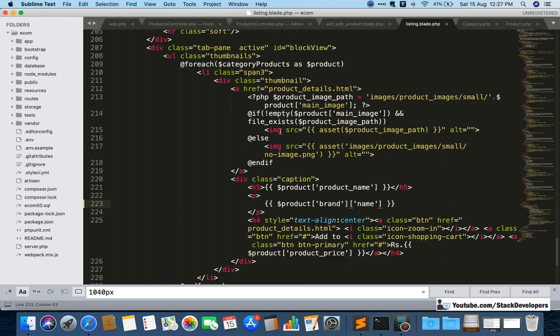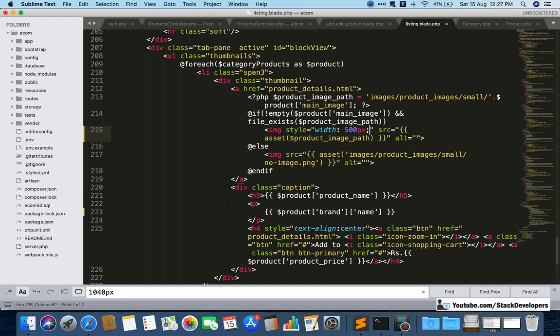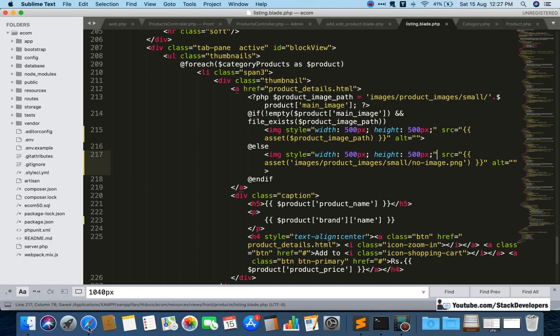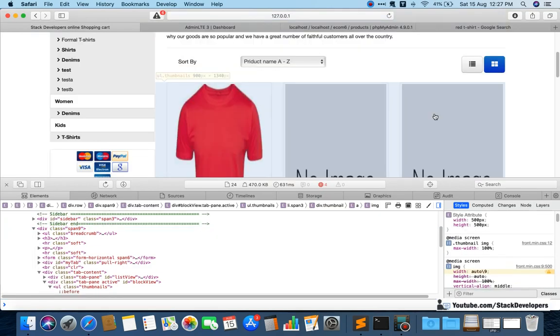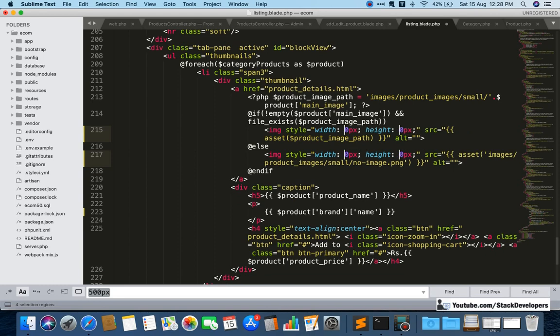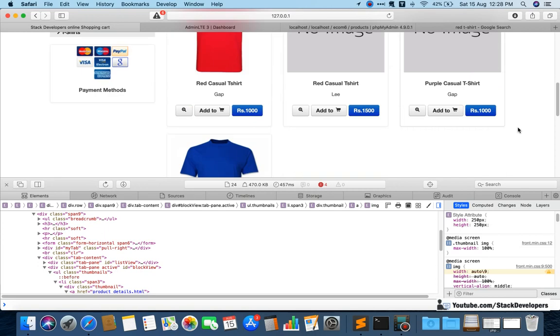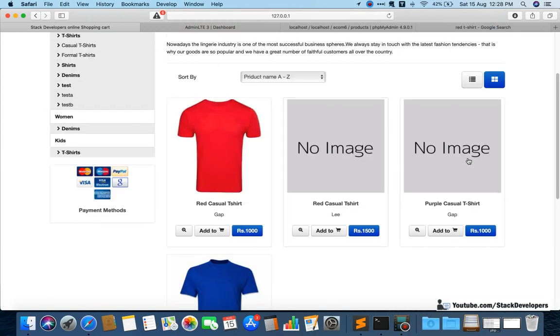See, we can fix its size here. Here in style, I want width and height both 500 pixel, but in responsive it will not work at all, because here I am specifying the size. So it will always pick this size. It will create issues on some devices. See, it does not look good. I think 250 will work here. Yeah, because the small size is 250. Okay, now we can check again. Now you can see we have reduced the no image size as well.